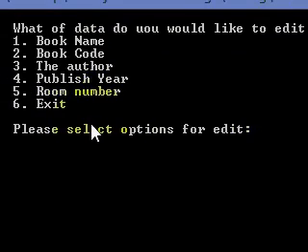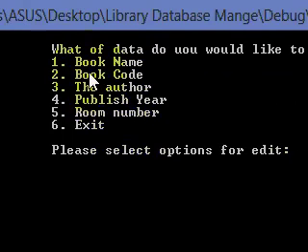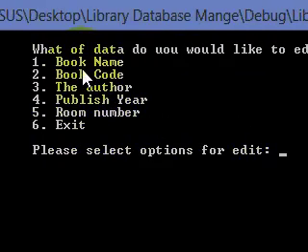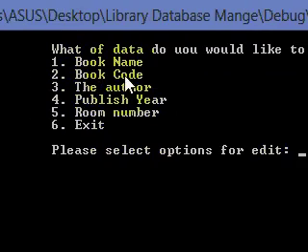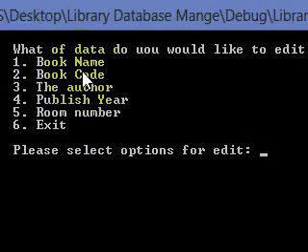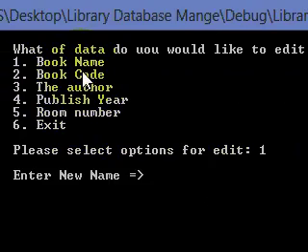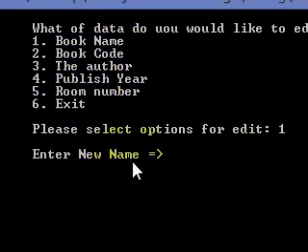For editing number 5, we have 6 options that we ask you. You can update the book name, the book code, the author, the published year, the room number, or you can exit. Here, I choose number 1, book name, and then we will ask you what is the name that you want to update. Okay, I want to update the book's name here to the other program, actual,